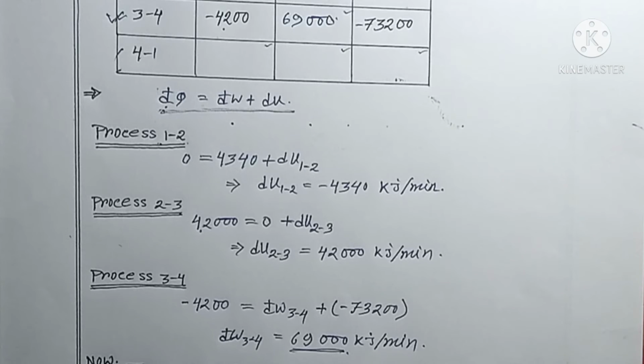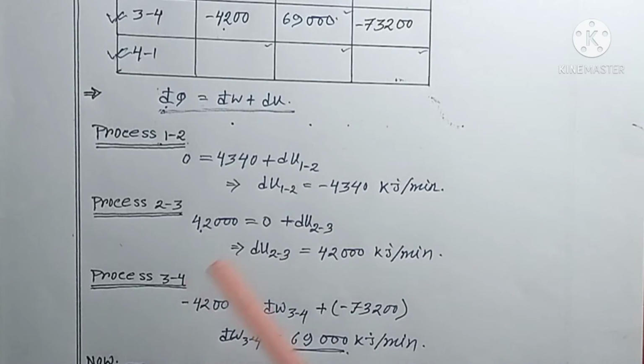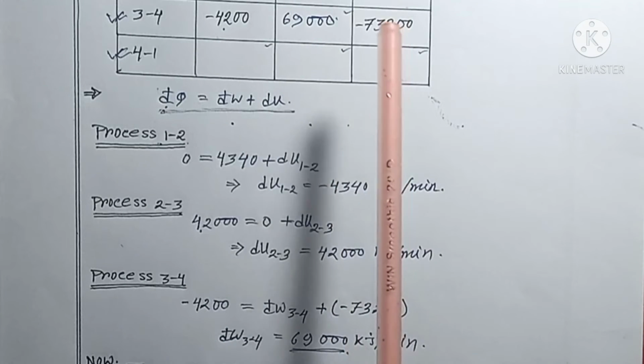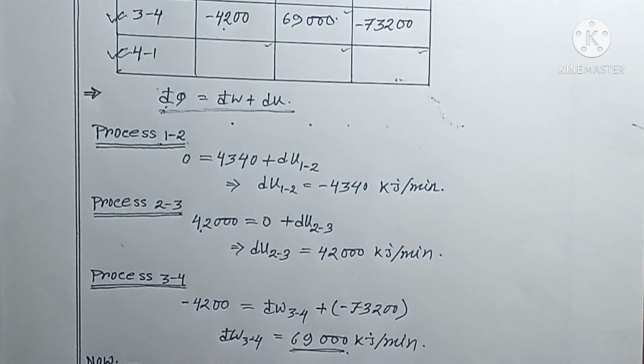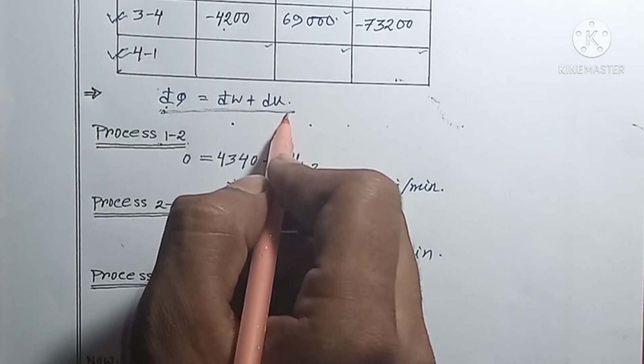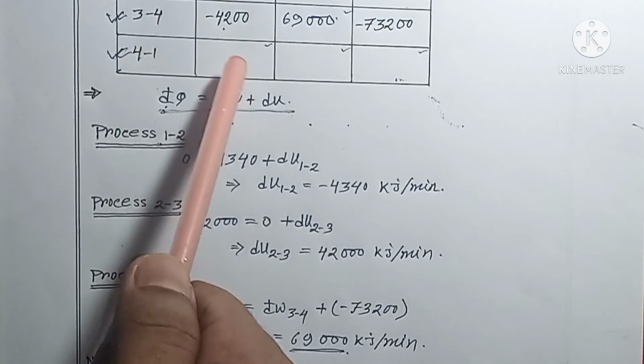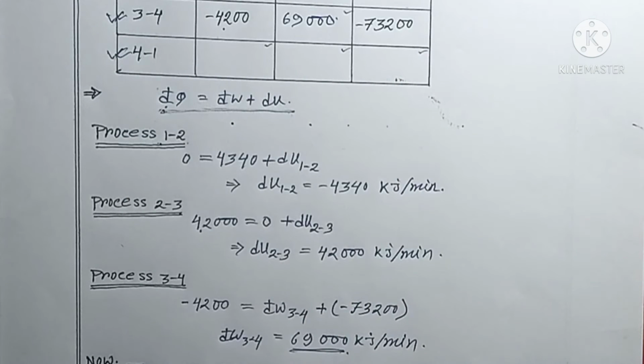Now when we come to the process 421, we can observe there is Q, W and change in internal energy, nothing is given. But in previous processes, only one was unknown, and by using this equation, we could easily find out the value which we want. For process 421, to find out the heat interaction, they provide us the total heat interactions. But we have to take care about the unit.